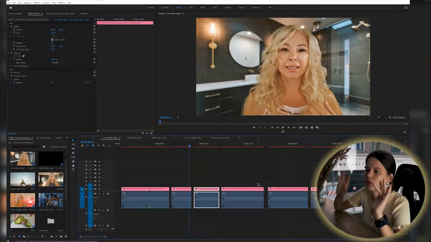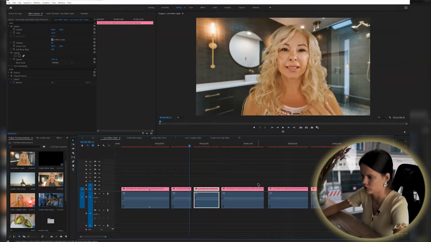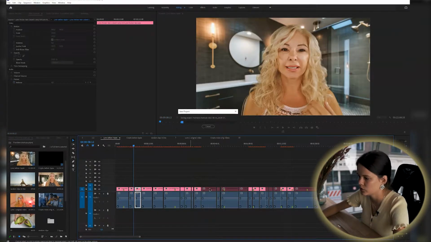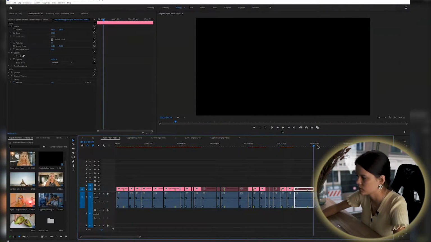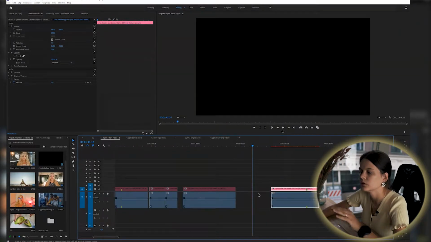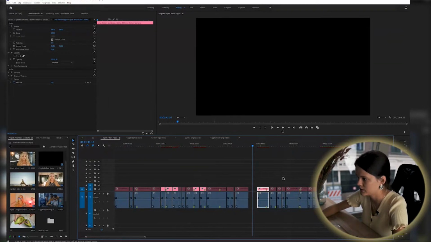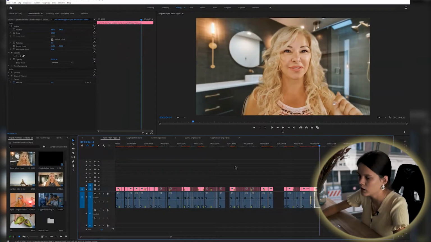Instead of this, you can use my favorite method. So watch out what you do. Basically, you just cut out the things that you want to remove from the project. You just focus on that and you don't do anything with this empty space yet. And when you come to an end and you're like, okay, this is everything,